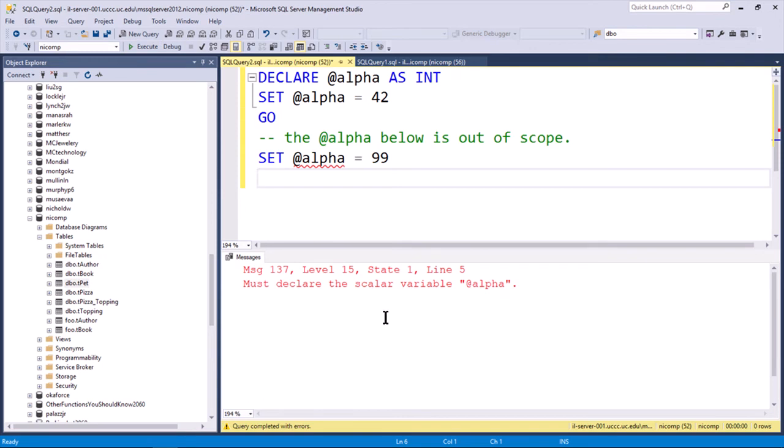The errors aren't too bad, they're helpful a lot of times. In this case, message 137, level 15, state 1 doesn't tell us a whole lot, but line 5 is helpful. And if we go up here and count 1, 2, 3, 4, 5, this is line 5 in the script. This is where the error took place. However,